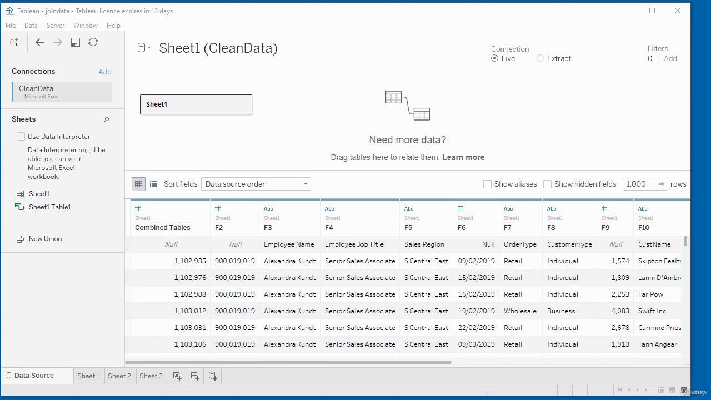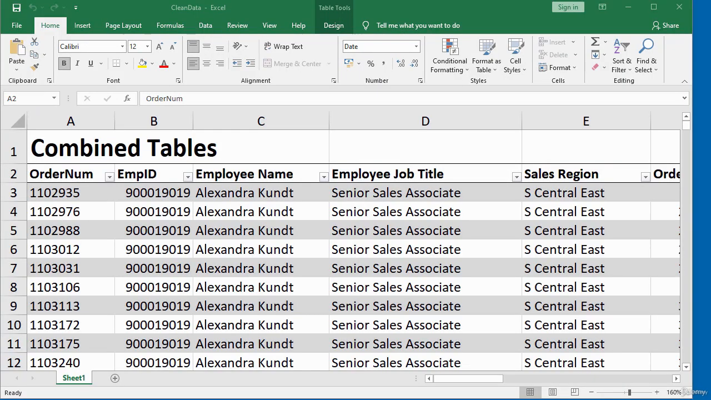You can see from the data I have a column named combined tables, and then we have F2, F3, F4, and so on. We also have some null values here. Looking at this data, it appears it has not been well formatted. If we take a look at this worksheet, you can see that on row number 1, we have combined tables